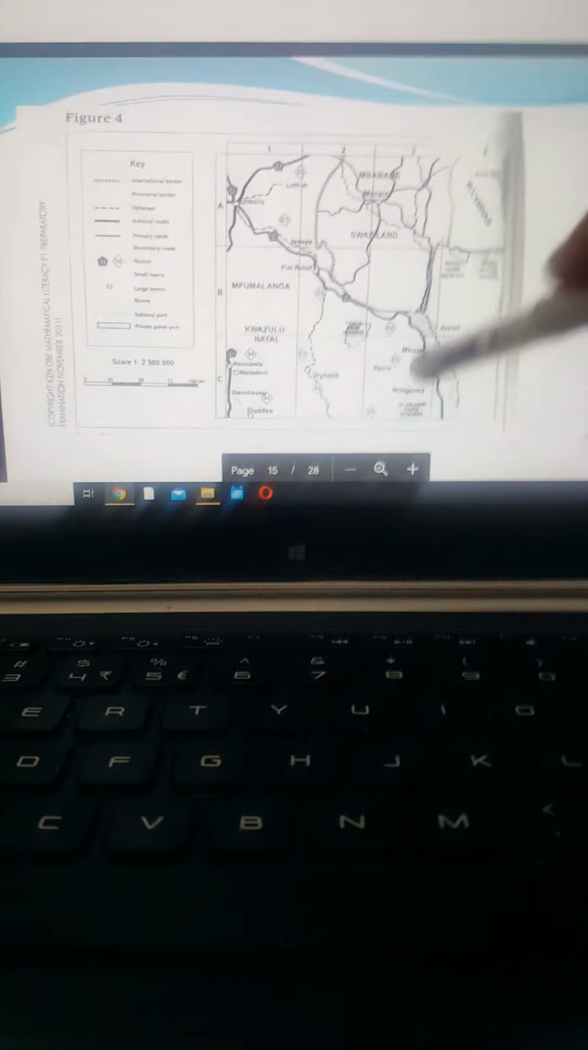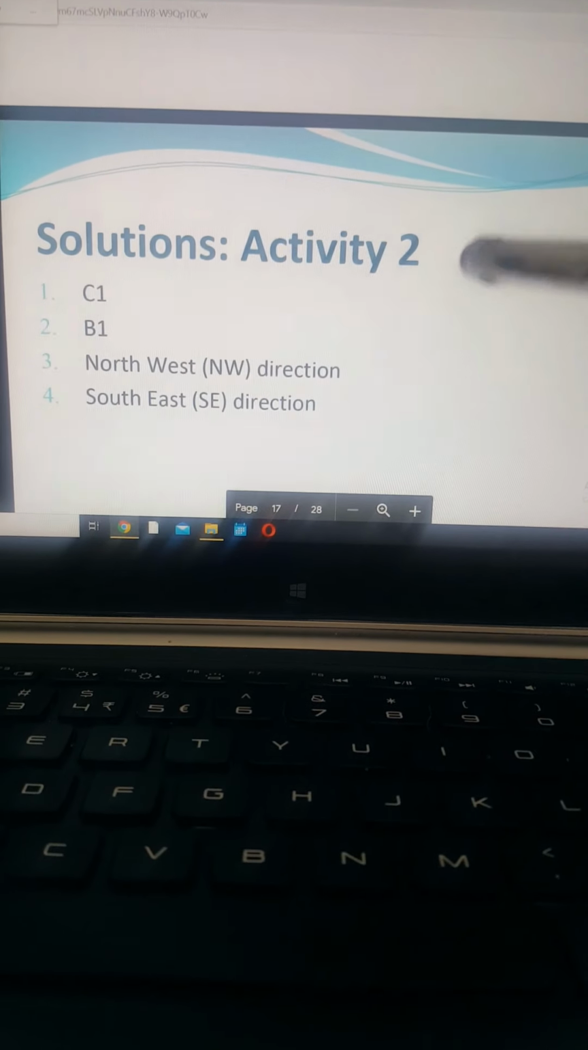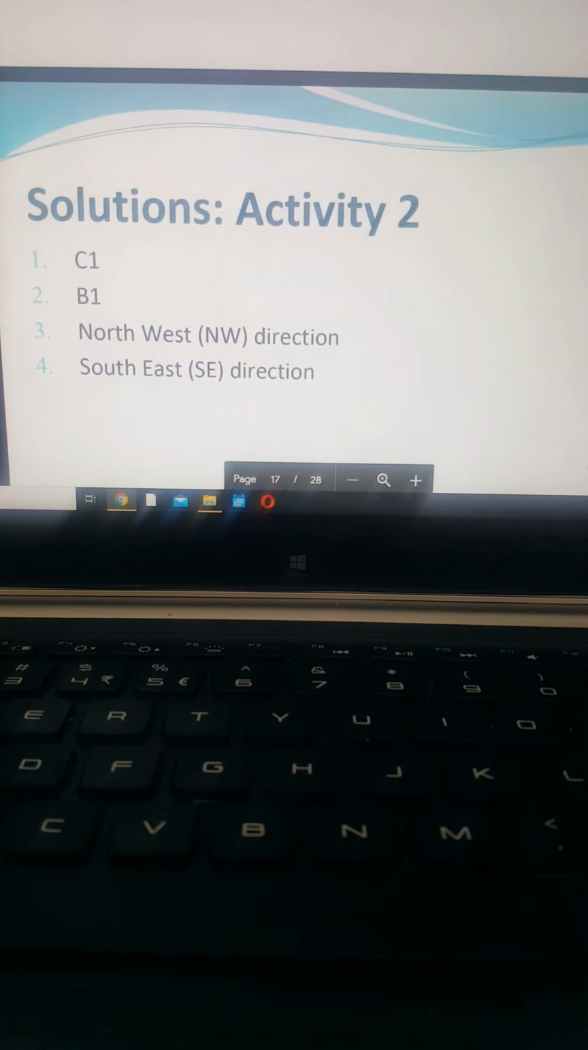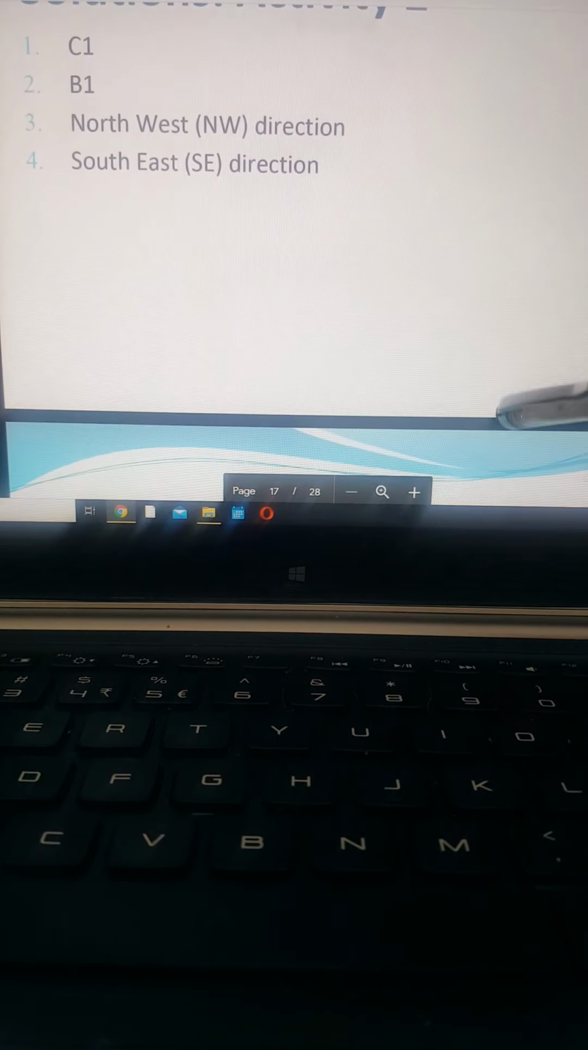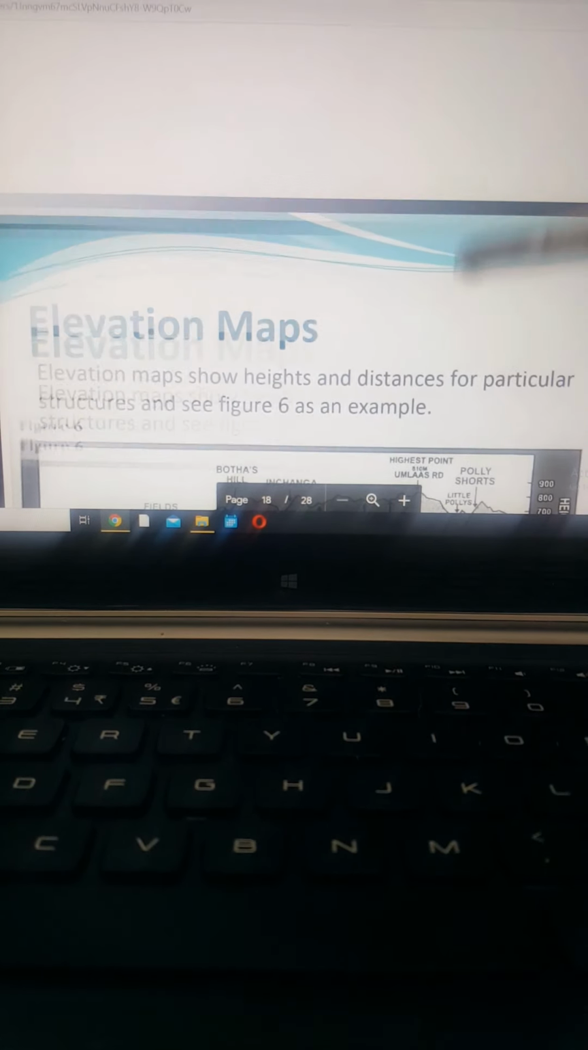Okay, so if you look in your notes there, and if you scroll up, you'll see that the solutions are there. You can see northwest and southeast, and then if you just read through this example, it's easy to go through a grid. Okay, so this is